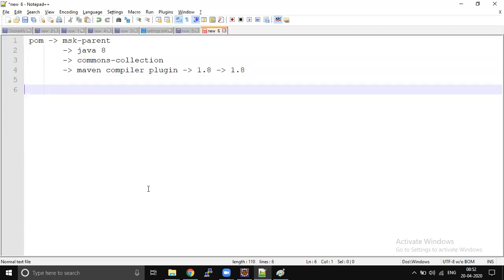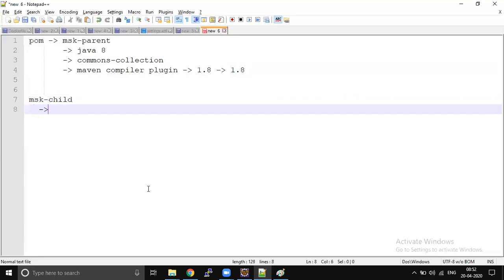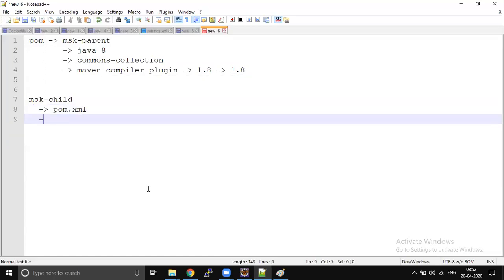That's it. In the child project, make MSK parent the parent. Write another project called MSK child. In this MSK child pom.xml file, make MSK parent the parent by using the parent tag.